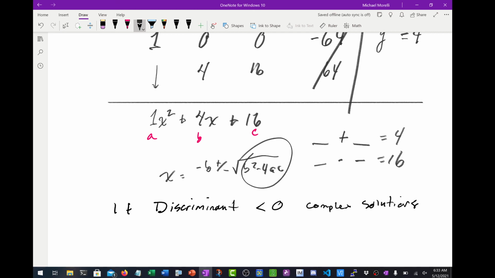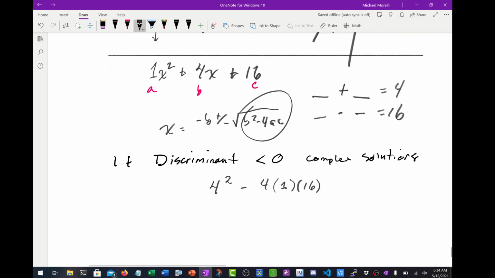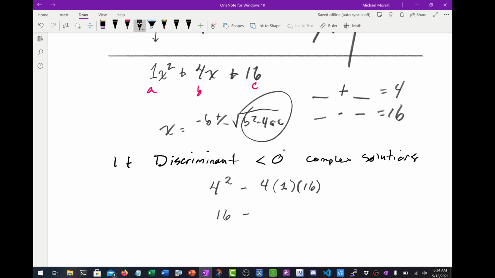So b is 4, so I've got 4 squared minus 4 times a, which is 1, times c, which is 16. Okay, so 4 times 4 is 16. Minus, and then 4 times 1 times 16 is 64, right? So this is 16 minus 64. So I don't care what this is. I just know that 16 minus 64 is negative,